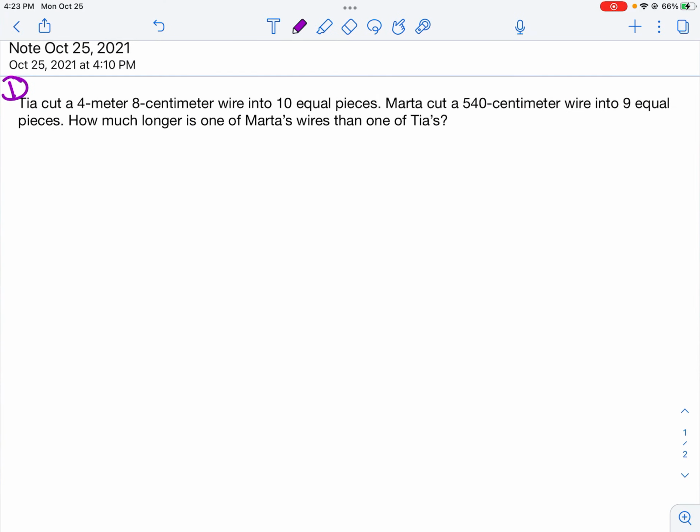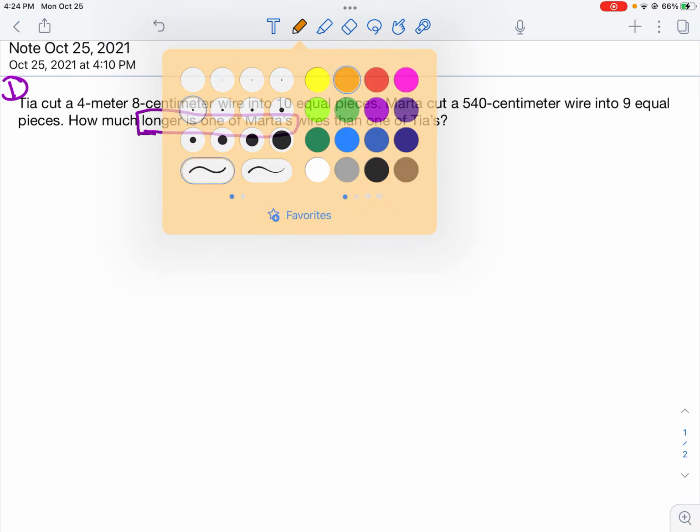So number one says Tia cut a 4 meter 8 centimeter wire into 10 equal pieces. Marta cut 540 centimeter wire into 9 equal pieces. How much longer is one of Marta's wire than one of Tia's? So it says that Marta has a longer wire. So when I draw, I'm going to make sure that my Marta is longer. So first off, I'm going to draw